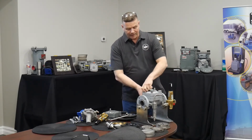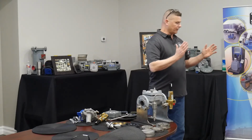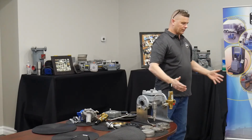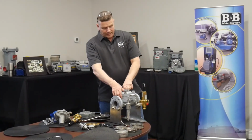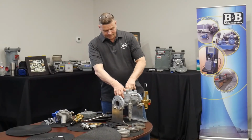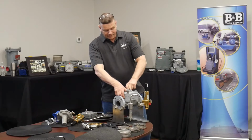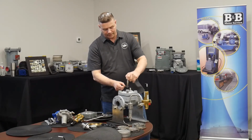But I can basically mount those so that the valve's facing the other direction. And this is nice because I can have left hand and right hand runs where all my controls are outboard, so the technicians can easily access them and make their adjustments. You notice on my valve too that I have a capacity tag that's underneath the cap screw, unlike their example picture,